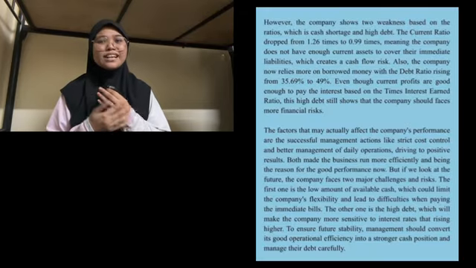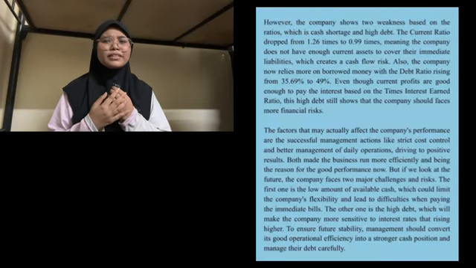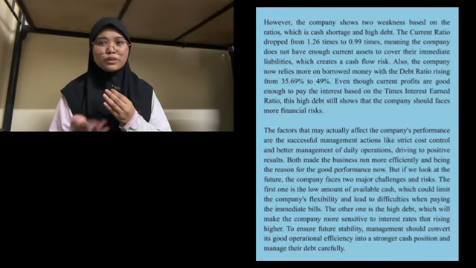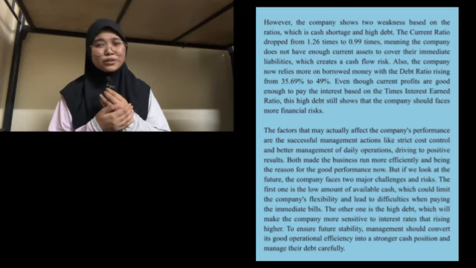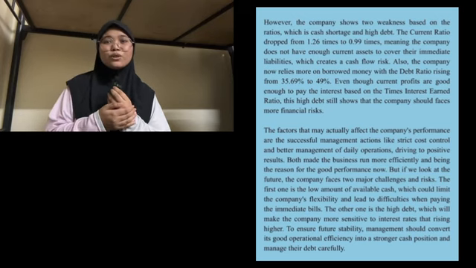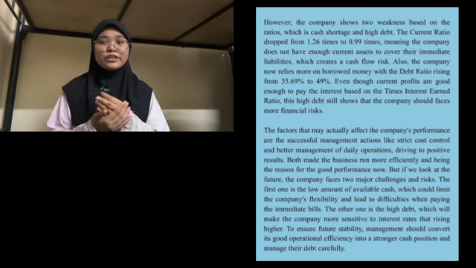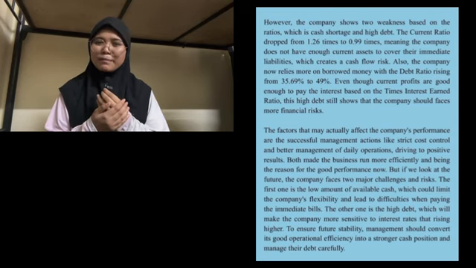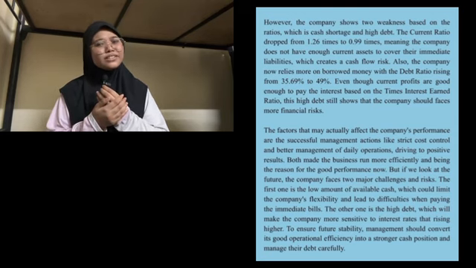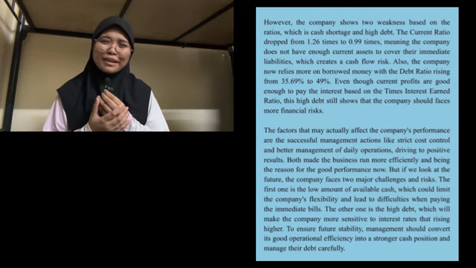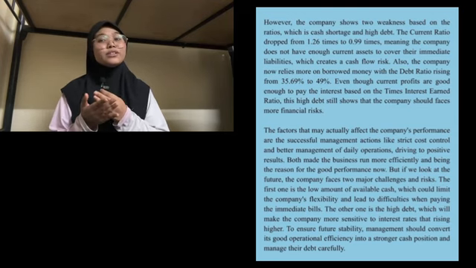Then, as you can see on the next point, there are also risks. The biggest one is liquidity. The current ratio dropped below 1, which means the company might struggle to pay short-term obligations. You can also see here that the debt ratio increased, showing that the company is relying more on borrowed money. Even though the profit looks good this year, the performance might not be sustainable if it was driven by